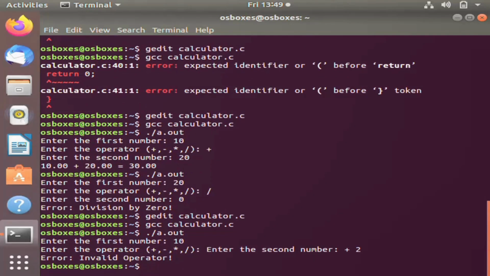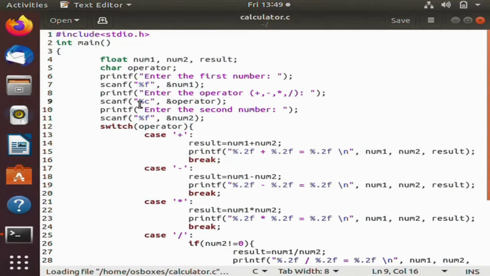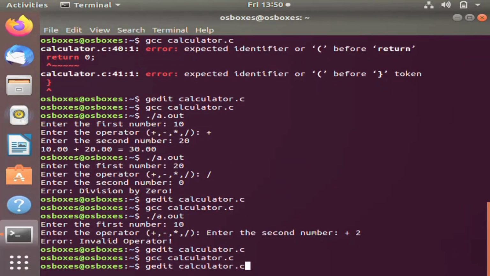So what happens is that extra white space or whatever is there, automatically it is considered there. So that is why I told, like whenever we use an operator, or especially when we use that %c, we should use a space before that. So we'll go back to gedit and add that extra space here, added here. I click on save, close this, come back and compile and check for